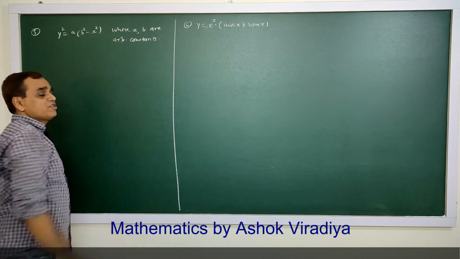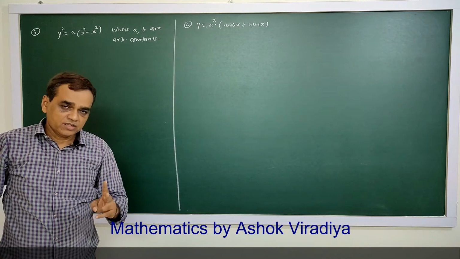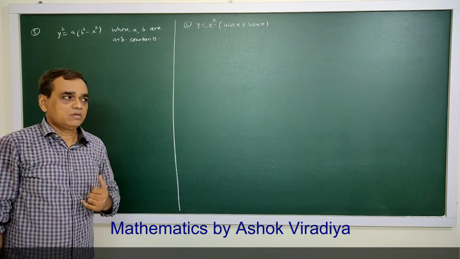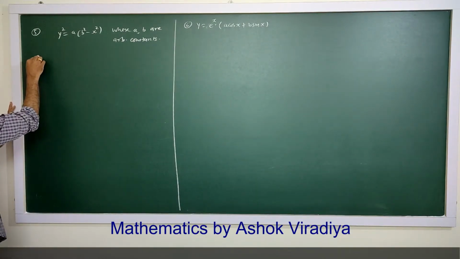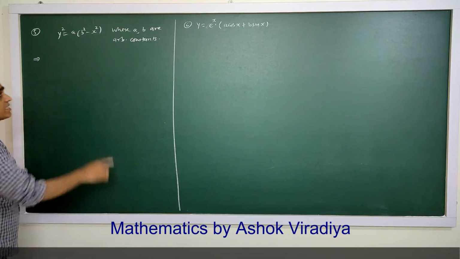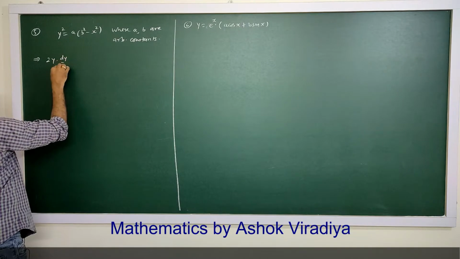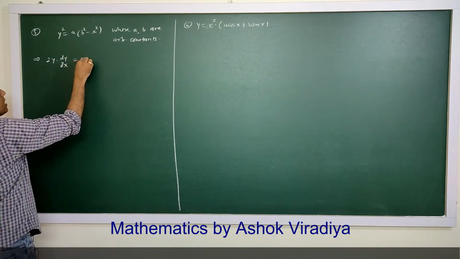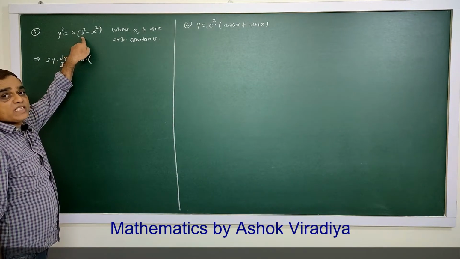We want a differential equation. Two arbitrary constants, so its order will be 2. So doing accordingly, first differentiating with respect to x, derivative of y square is 2y into dy by dx equal to a constant, keep as it is. Derivative of b square is 0